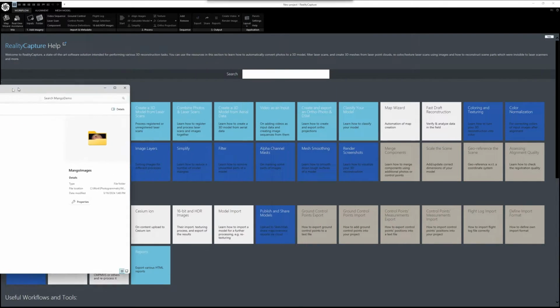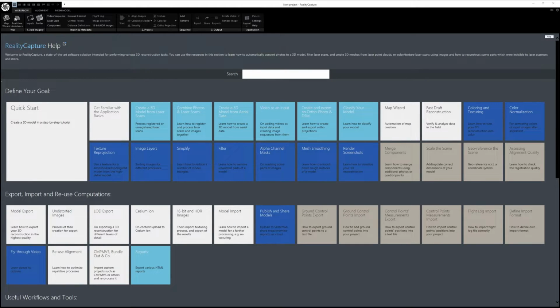I do want to spend a couple minutes talking about the navigation in the software itself. It is a little bit different. I'm from a video game background, and the navigation and how it functions is a lot different than any other software I work with in game development. So I want to explain a couple of things so that you don't get lost and you understand where to find things. First of all, when you open it up for the first time, this is most likely similar or close to the screen that you get, where it's maybe a help or a getting started page,